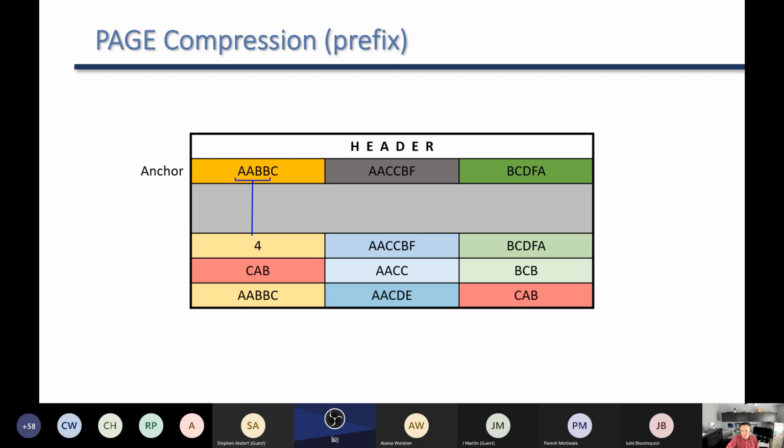Keep that in mind. Next, we have CAB, which has no match at all. It has nothing in common with the anchor column. So what we have to store here is literally 0 CAB. Basically this means match 0 values from the anchor column and then append CAB after that. And for the third,